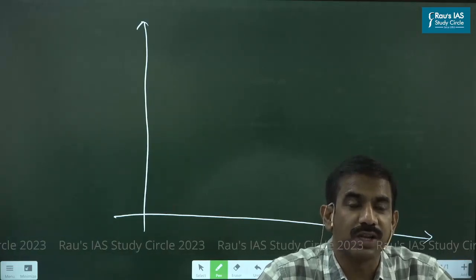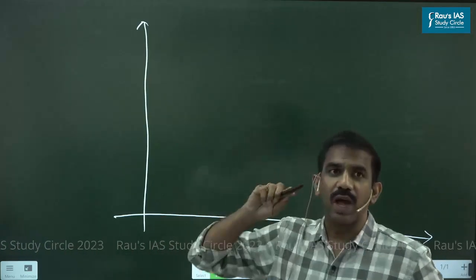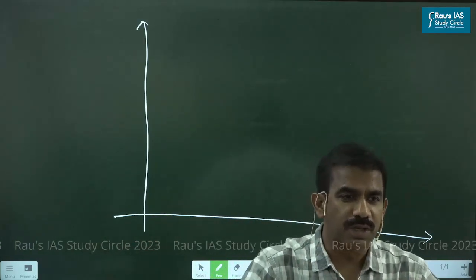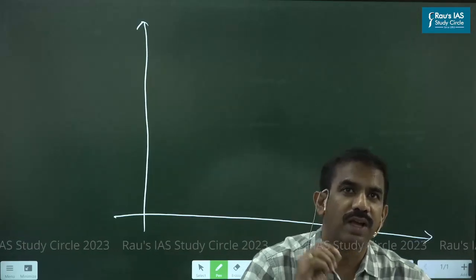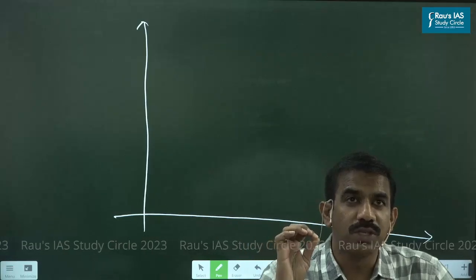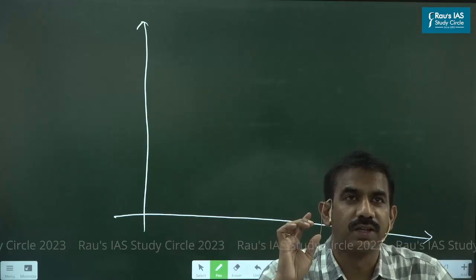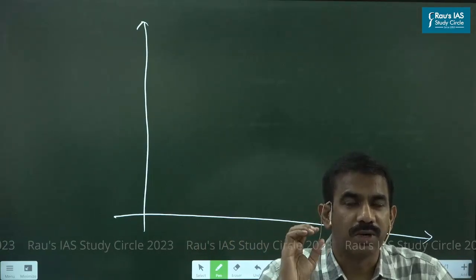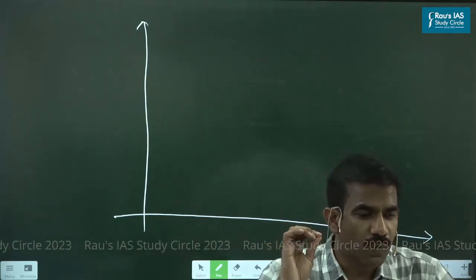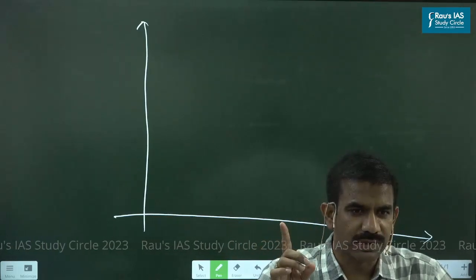Rather than using the word mutually exclusive, I'm simply saying there should be a trade-off. It means if you want something, you need to forego something in return for it. The word mutually exclusive is not the right term to use in this context, but I will let you know later when we start consumer theory and producer theory. But as of now, just take it for granted that if you want something, you need to forego something in return for it.